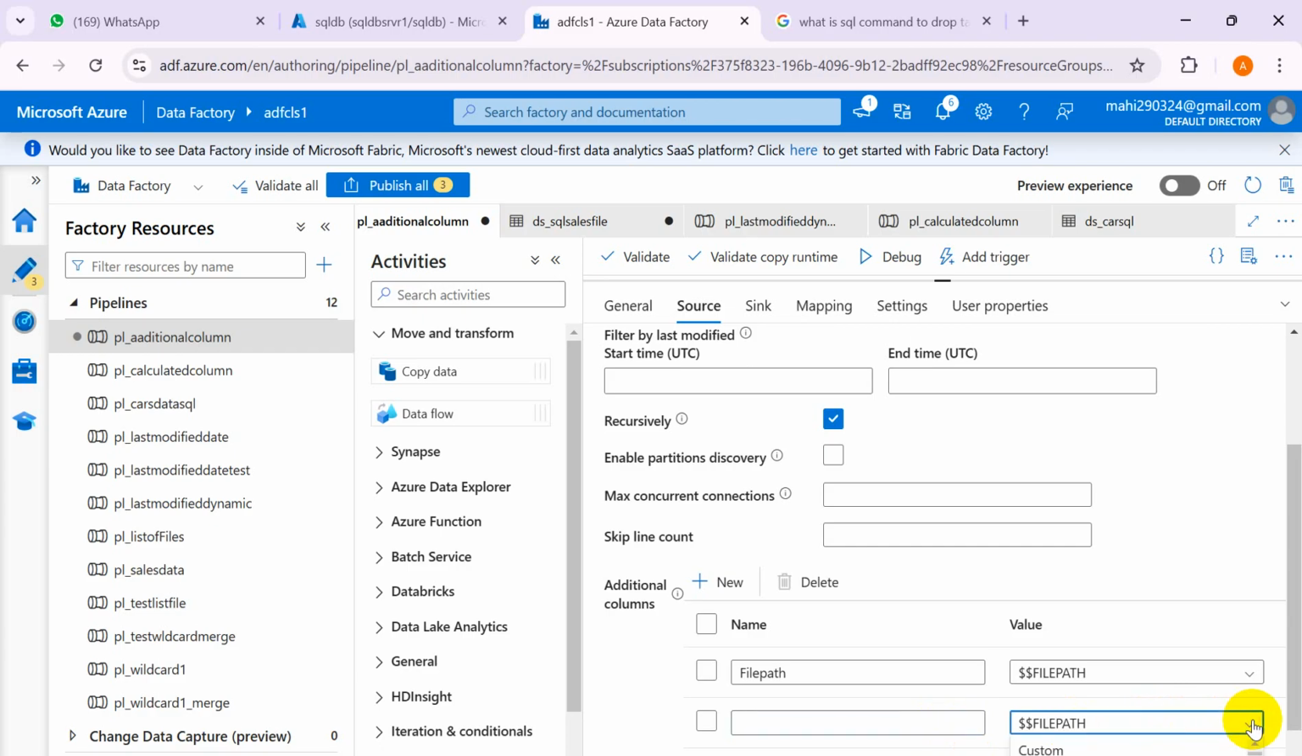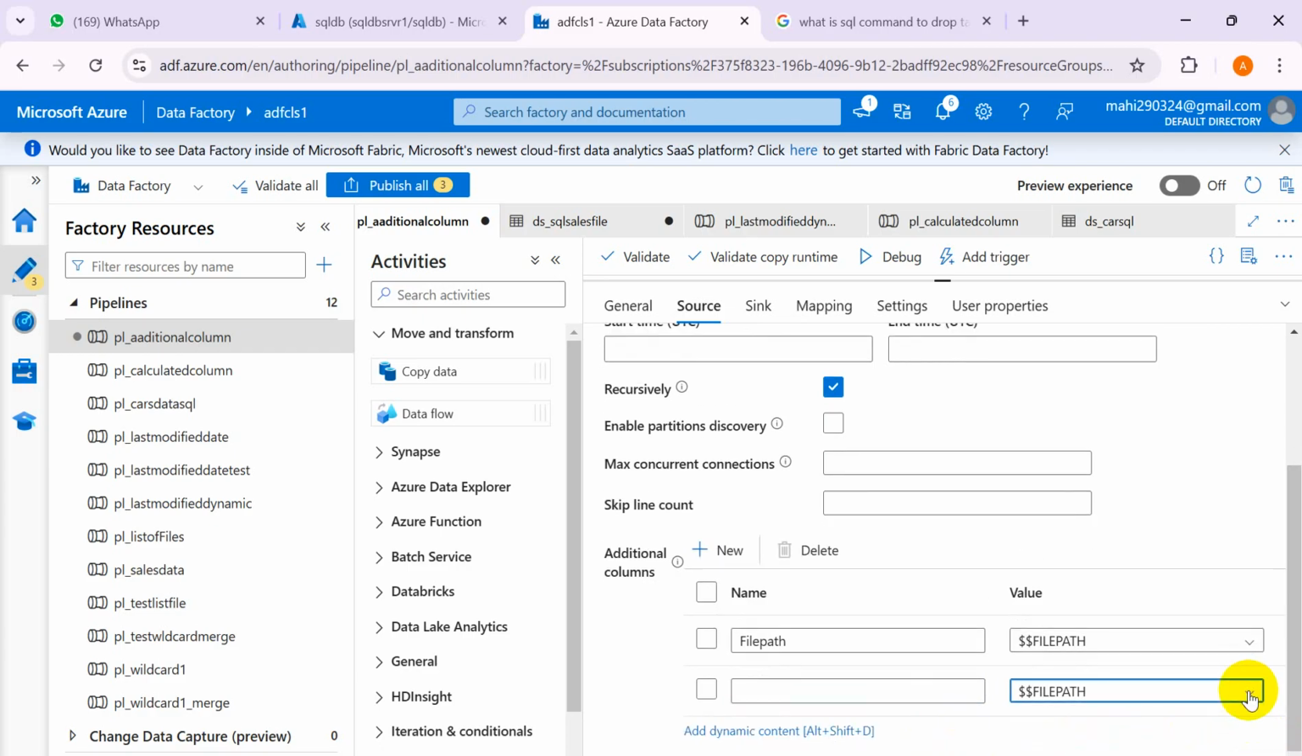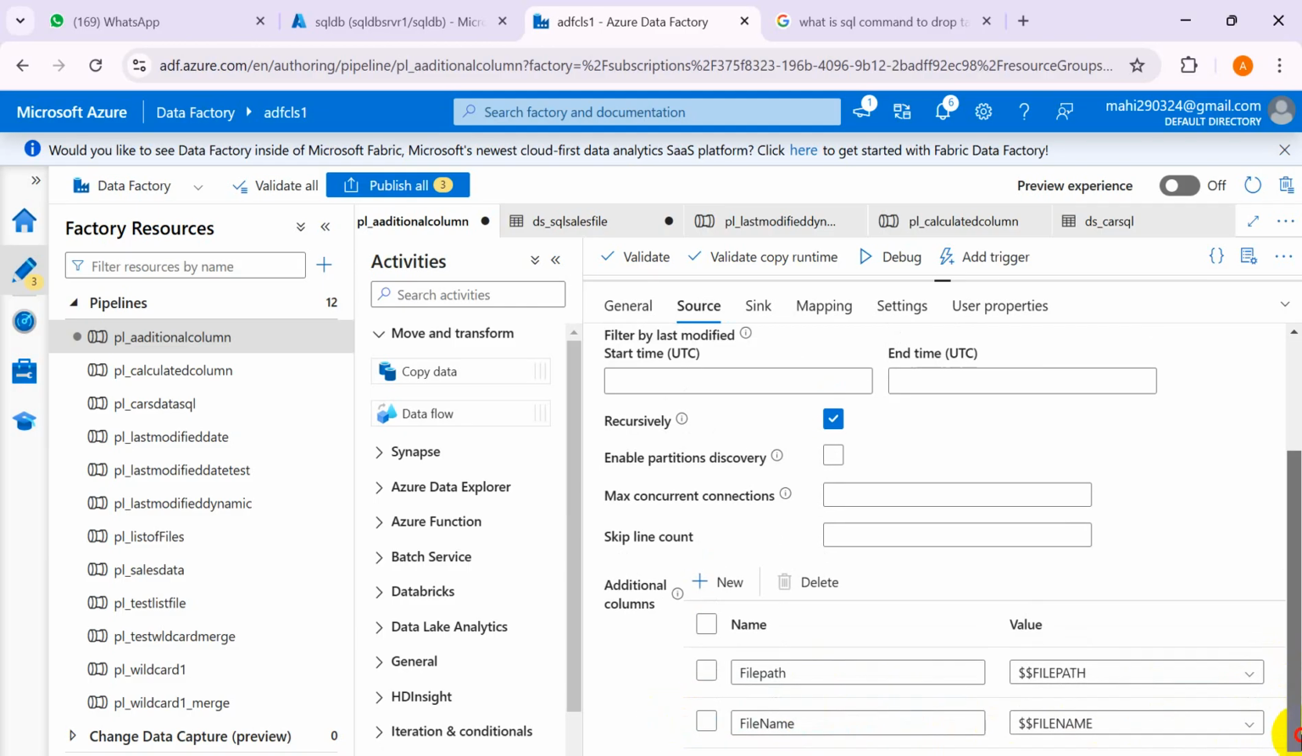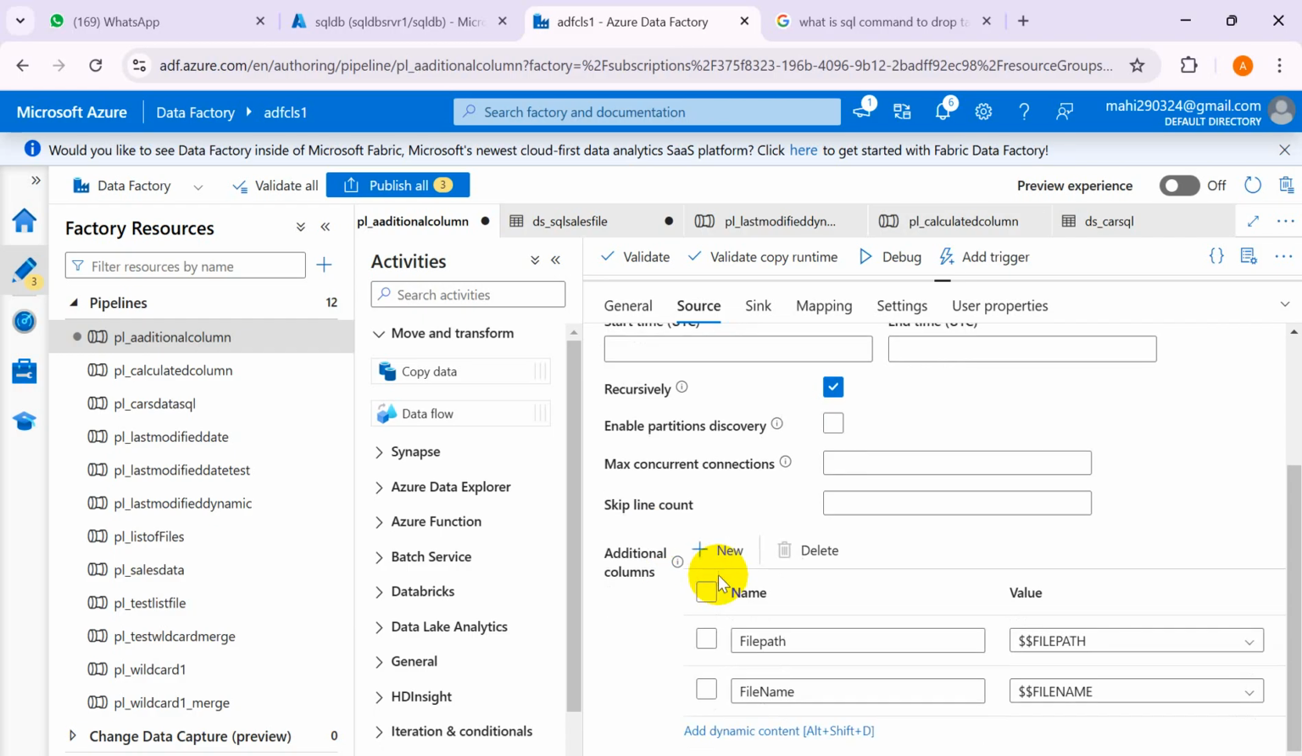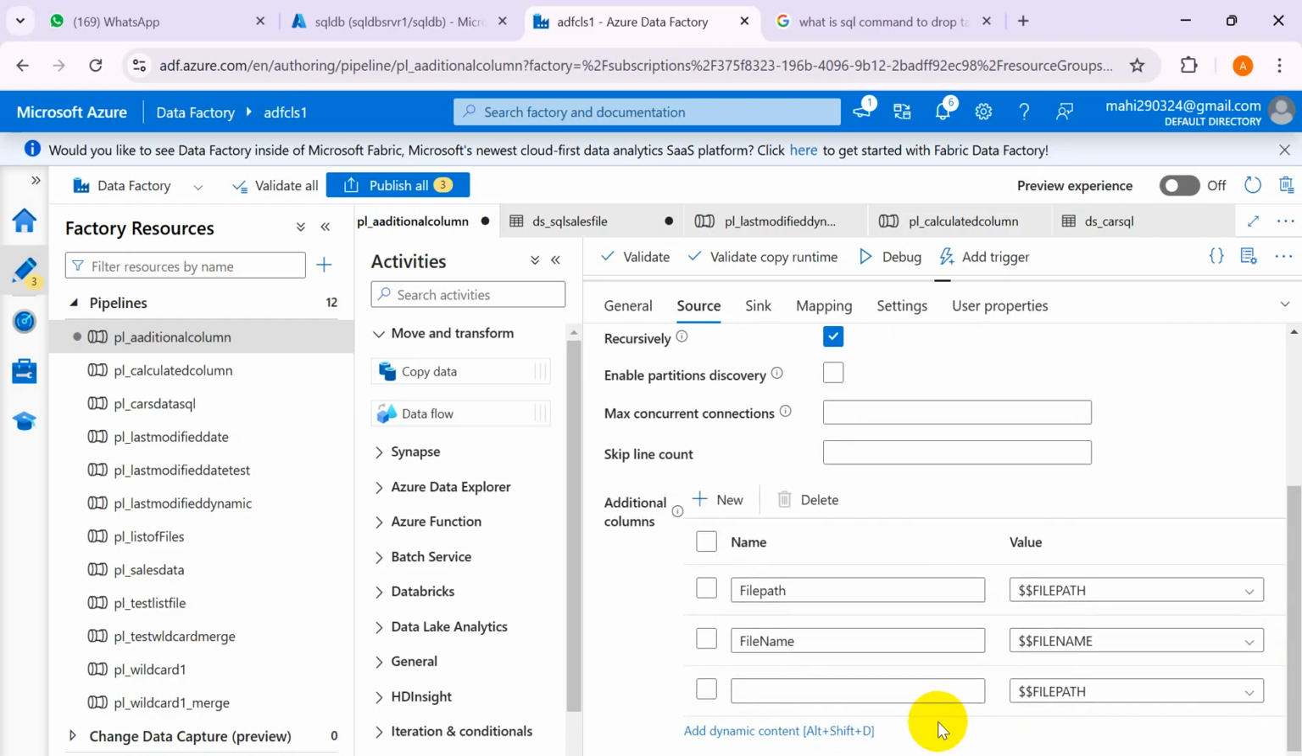So the next additional column I'm going to create is, just a second. Okay, the file name. So I will use this file name option. I will hit on the plus icon once again. So this is the plus icon. This is the plus icon. The third column which I want to add here is